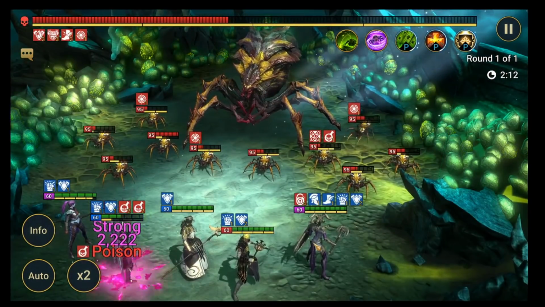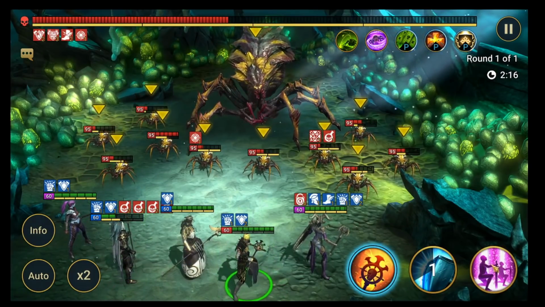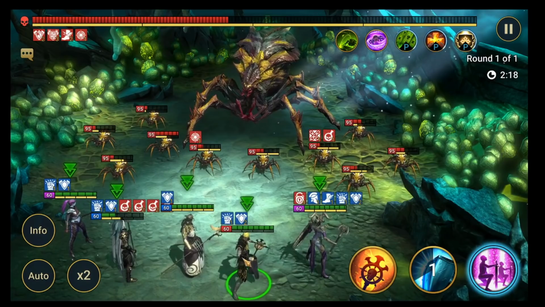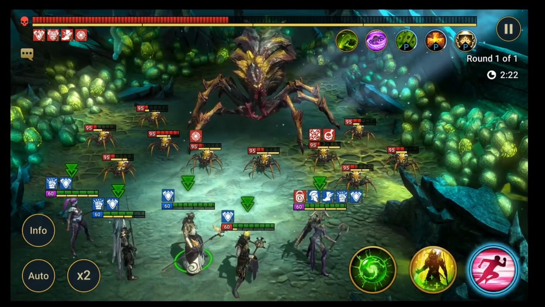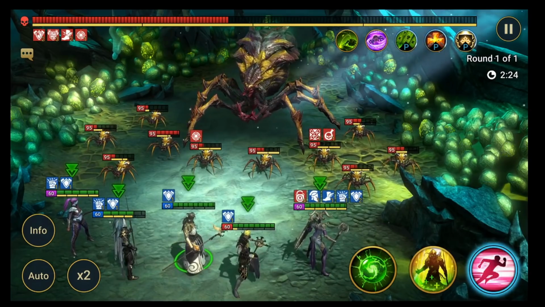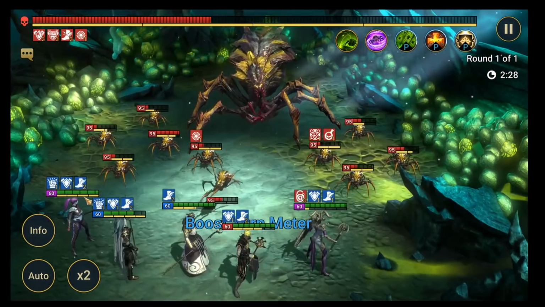Relanded decreased defense, which is useful. He's starting to take a bit of a pounding. So this is where Morsian Mage comes in nice, clears those off. Thanks very much. So actually now what I'm going to do, I could heal him up, but I don't really need to. I'm just going to speed up and do some more damage, hoping to get